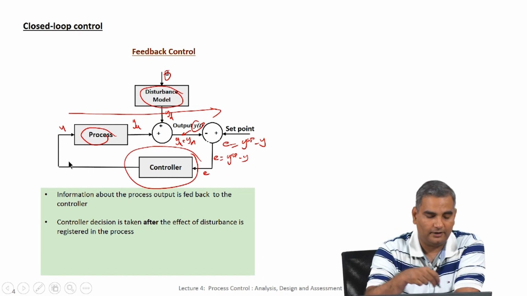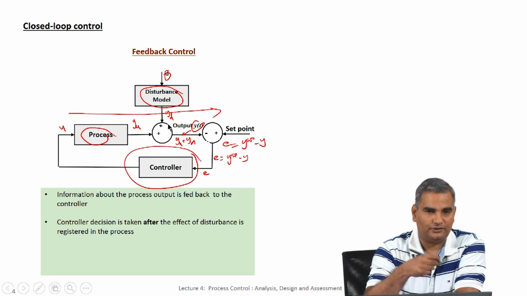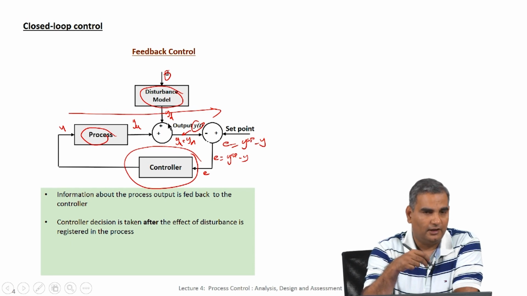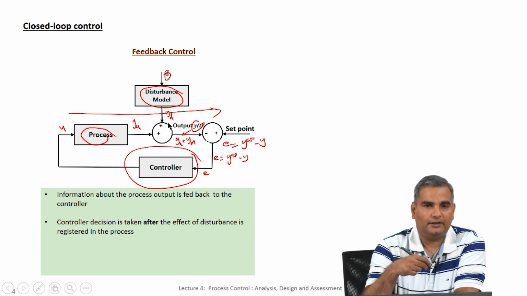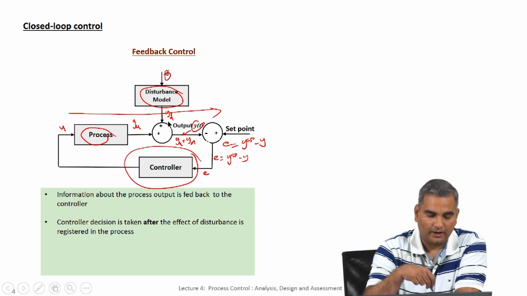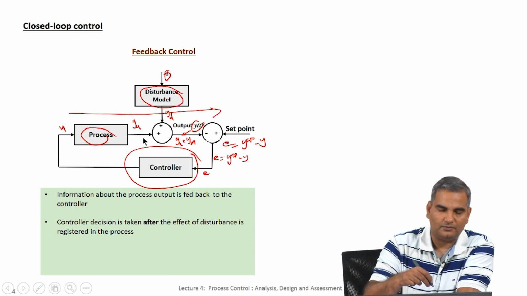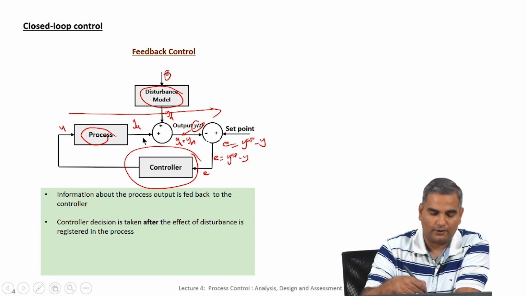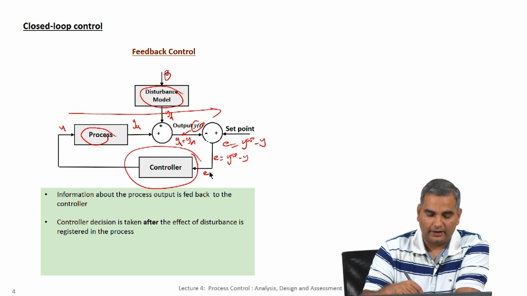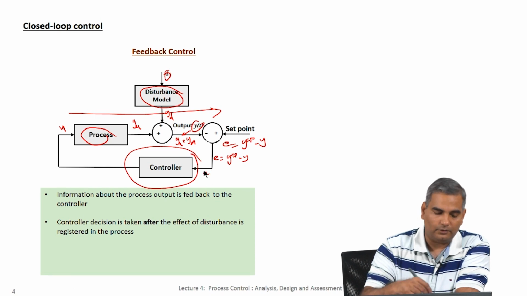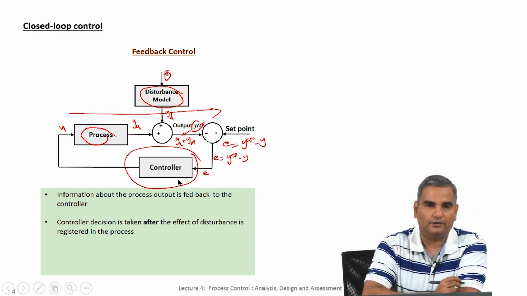So, if it is an aeroplane, the model equations are going to be different. If it is a reactor, the model equations are going to be different, but those model equations are basically there to mimic the process. However, controller is basically independent of this in some sense. So, I have to give a mathematical formula for the controller where the error is the input and the controller decides what the manipulated